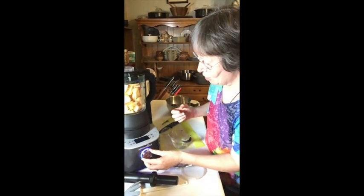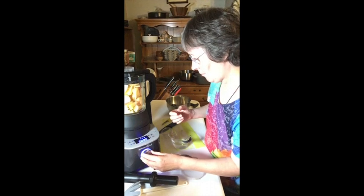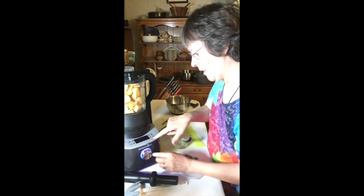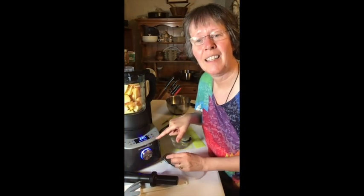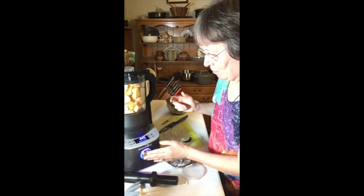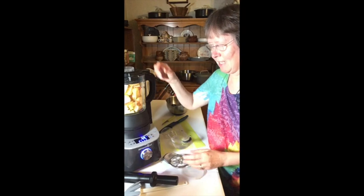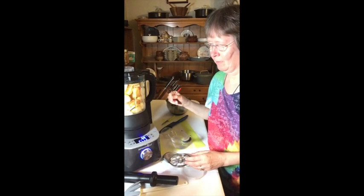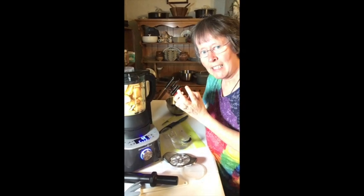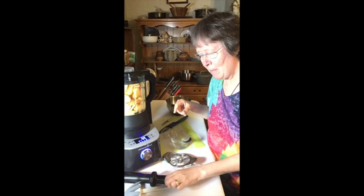So all I do is just turn the dial until the jam button there is flashing. I don't know if you can see that. That's all I do. Then I'm going to press start. What you will see is it grinds a little bit and then it pauses. And it'll grind a little bit, heat a little bit, and pause. In a moment,